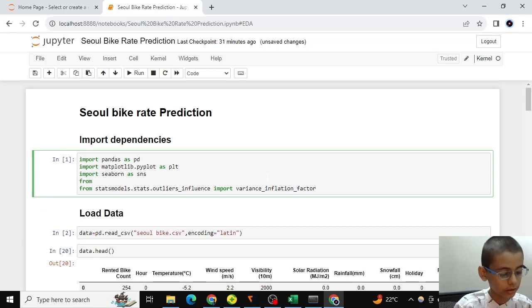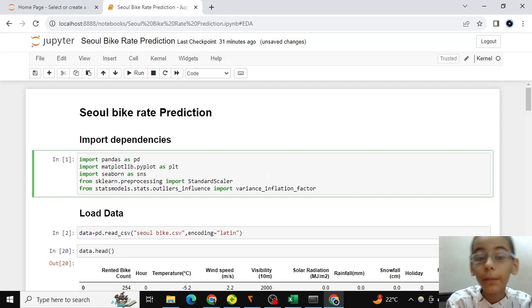Let's import here. From sklearn.preprocessing import StandardScaler. We have two scalers, MinMaxScaler and StandardScaler. We are going to use StandardScaler. With MinMaxScaler, we have to pass min and max, which is confusing for us, so we don't use that.